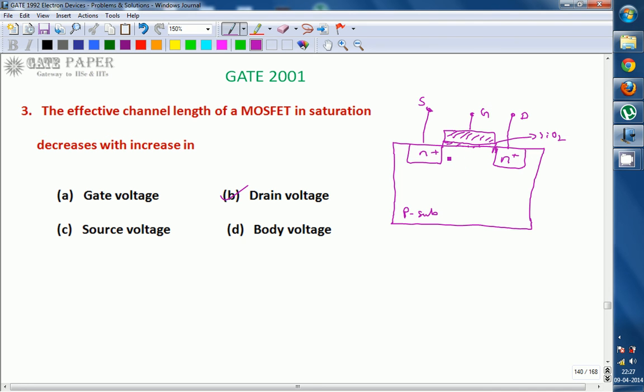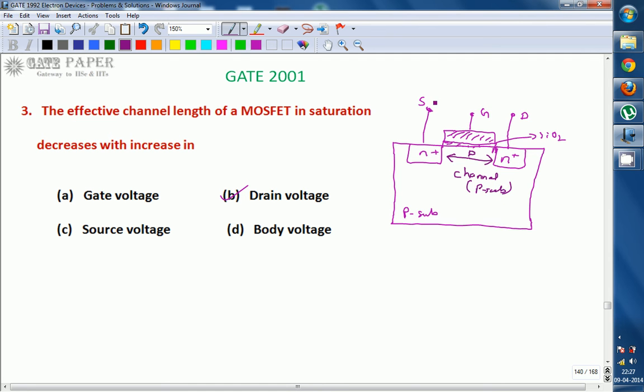So this region is called the channel region. Look at this, this is the channel region. The channel region is the place between the two n plus regions. If there is no channel formed yet, the region consists of p-type charge carriers. This is a p-type substrate, and the channel region is also p-type.